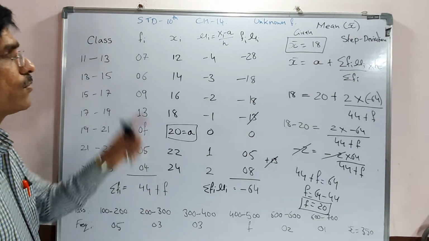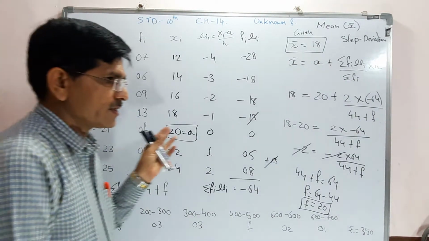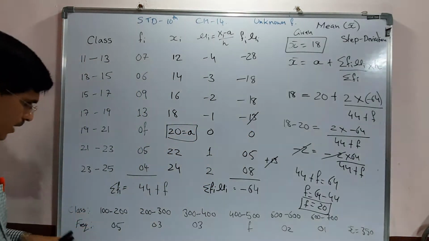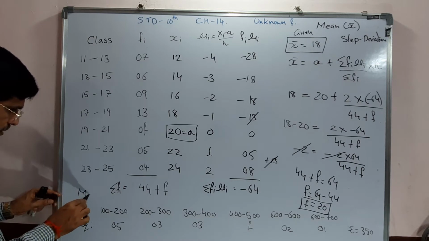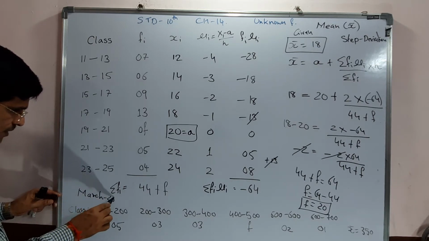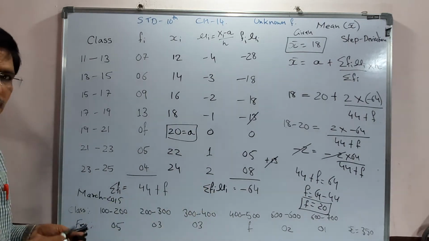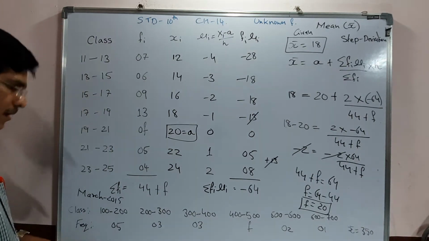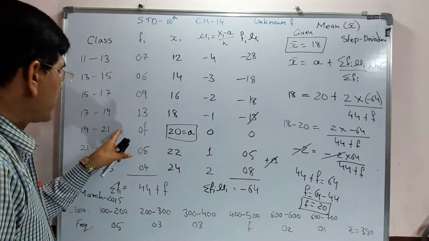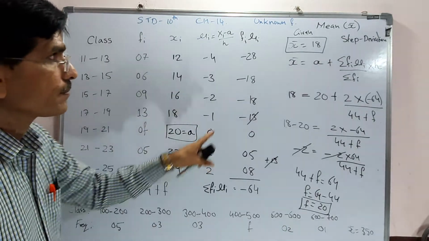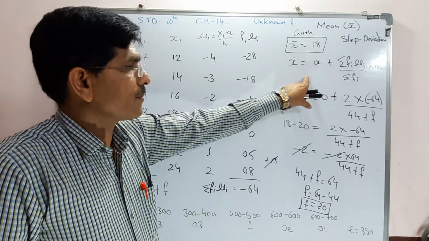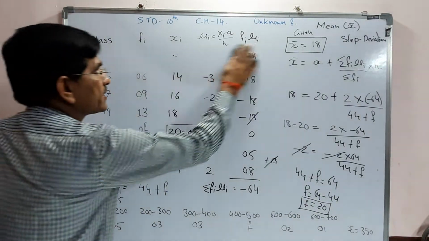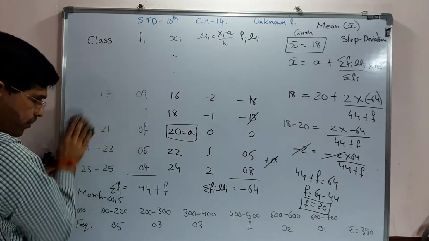It is in exercise 14.1. I think question number 6 or 7 or 8, something like that is there. So the same question, March 2016 or 2015, is a sum that we have to discuss now and get the answer. Again I have explained class, frequency, xi, ui, fi ui. Use the step deviation method and we can get the answer. One more sum we have to discuss here, so we can get proper understanding.